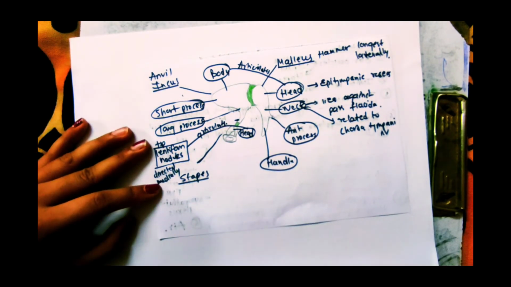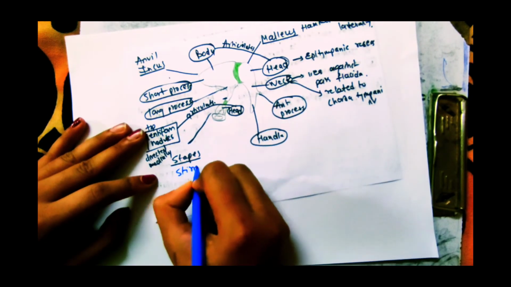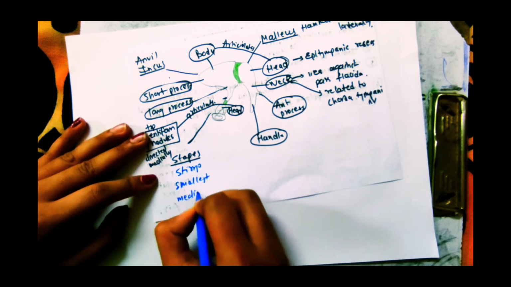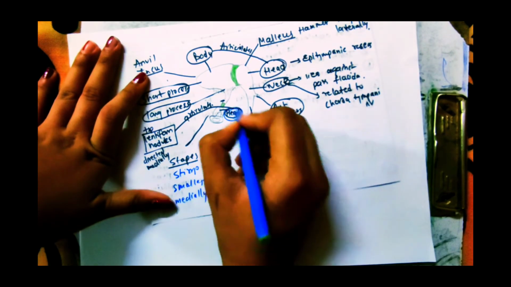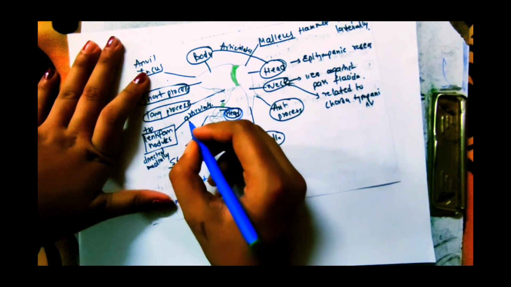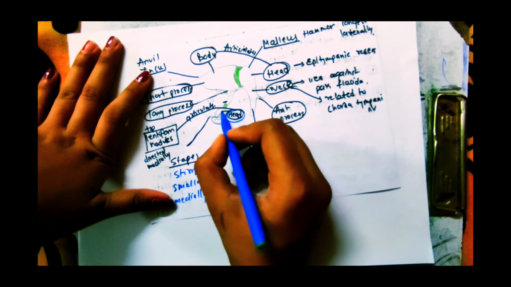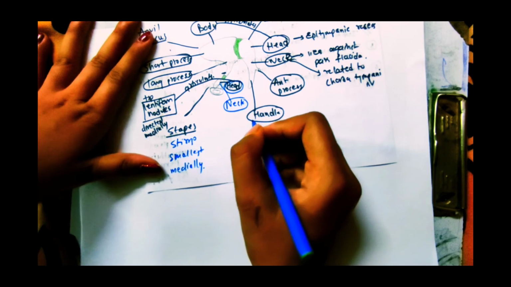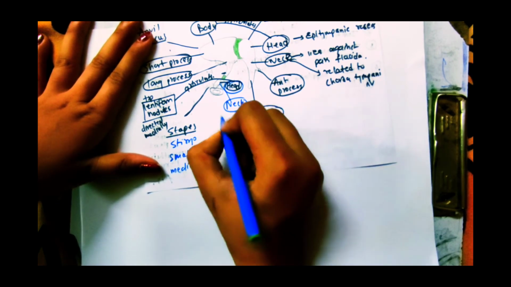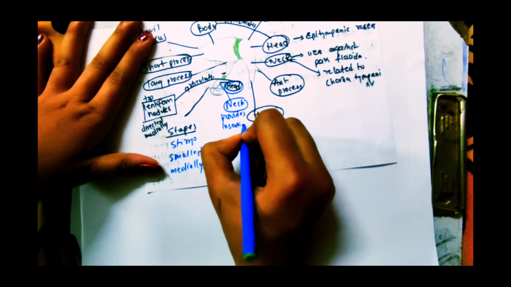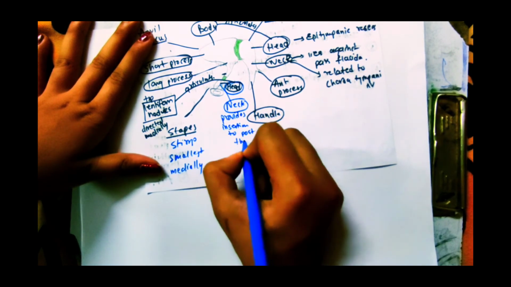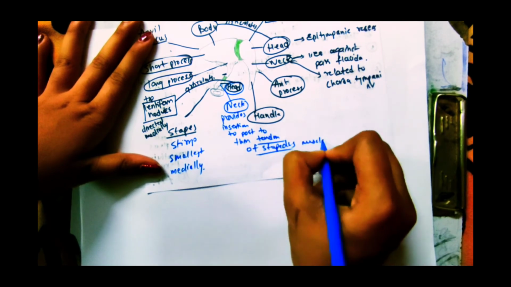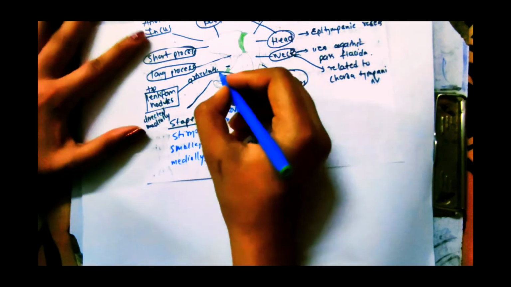Then comes the stapes. It is stirrup shaped, the smallest ear ossicle and the smallest bone in the body. It is located medially. It consists of a head which articulates with this lentiform nodule, and then a neck, which provides insertion to the thin tendon of the stapedius muscle. And it consists of a posterior limb.